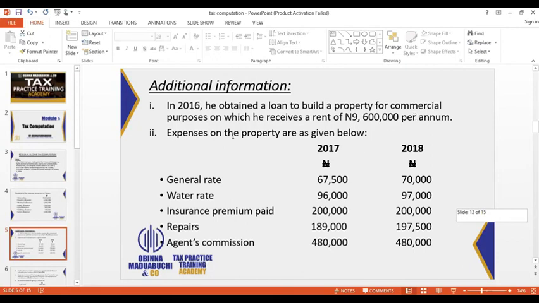Now we have the expenses related to the property in 2017 and in 2018. General rates, we have the figure 67,500 in 2017 and 70,000 in 2018. Water rate 96,000 in 2017 and 97,000 in 2018. So we have the figures here: insurance premium paid, repairs, agent commission. So these are the expenses incurred on this property. So he's making income from this property, he's incurring some expenses on this property. So you will need to calculate his net income from the property. So this is like direct assessment for him. But because he's doing two